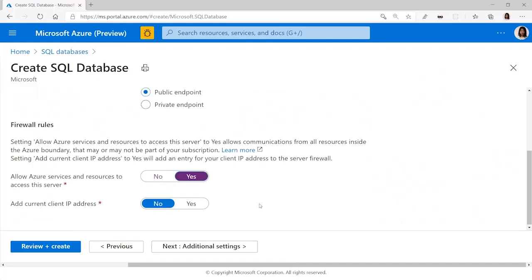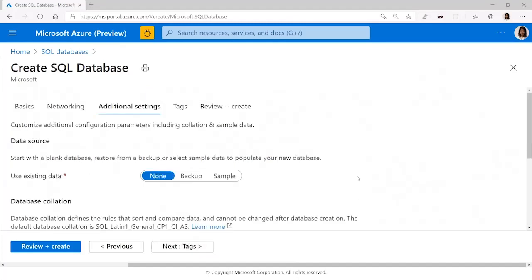And do I want to add my current IP address from this device to allow access to this particular Azure SQL server? So I'm going to as well. Now, if we go to additional settings, this is where you can specify the data source. And so we can create a blank, brand new database,